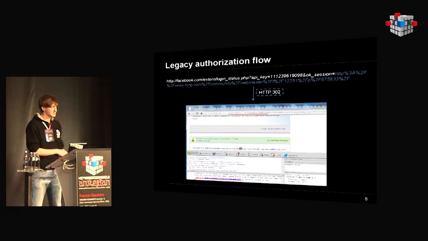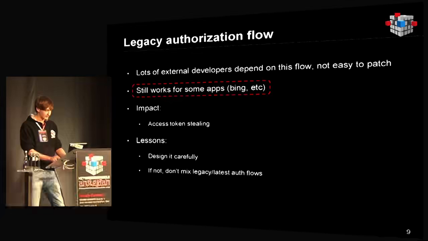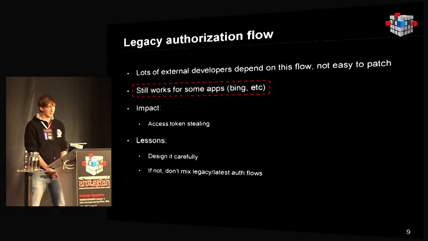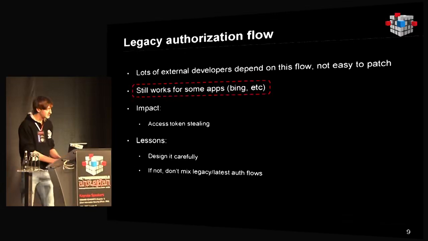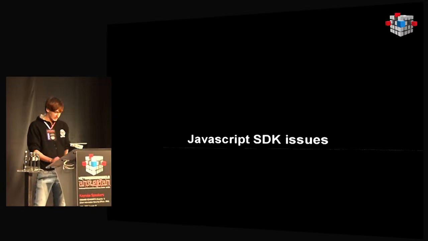Well, it's very simple. I've just put a picture inside Bing. So I used the Bing application as an example and leaked the access tokens. So very easy to understand, very easy to spot. Why would this be worth talking about at all? Well, how would you patch it? I reported this bug maybe one year ago, and it's still not patched completely. Because if you've got external developers who stack up on your protocol, you can't change everything without breaking something. So it reminds us that design bugs are the most expensive.